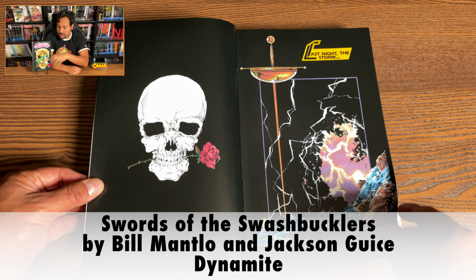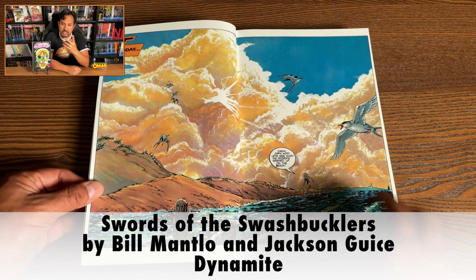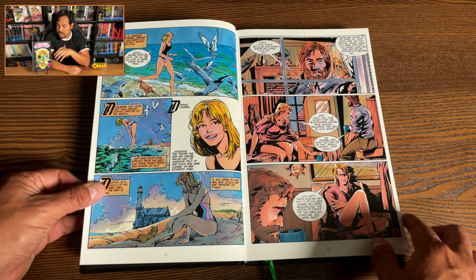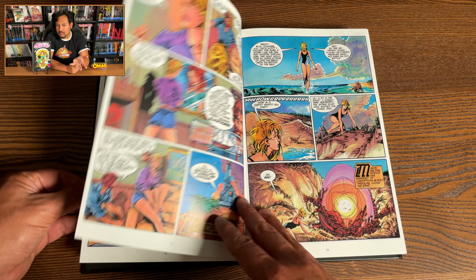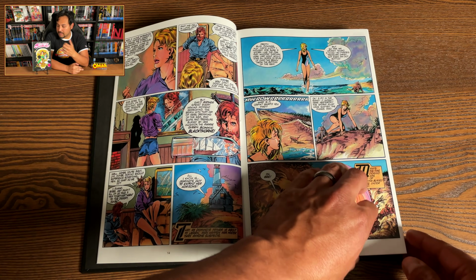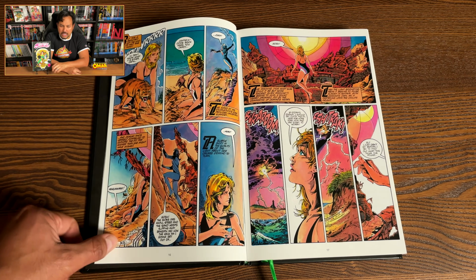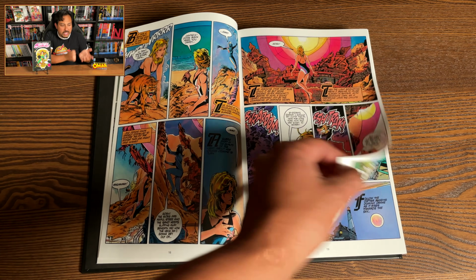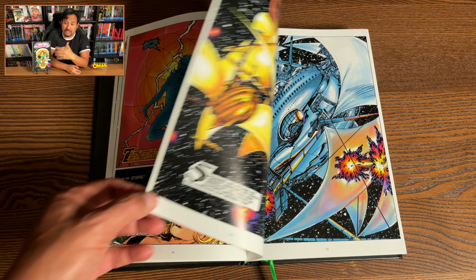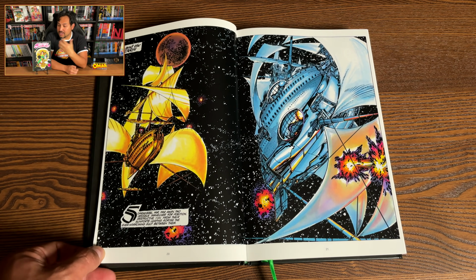And this was originally a Marvel book. This was published as part of their graphic novel line and then part of their Epic line. So everything that you need is collected in here. There was a follow-up. I think Greg Pak or Mark Guggenheim did something of a follow-up. And I think Dynamite ended up publishing it. So after the end of Micronauts, which of course was Bill Mantlo, Jackson Guice, they got together and decided to